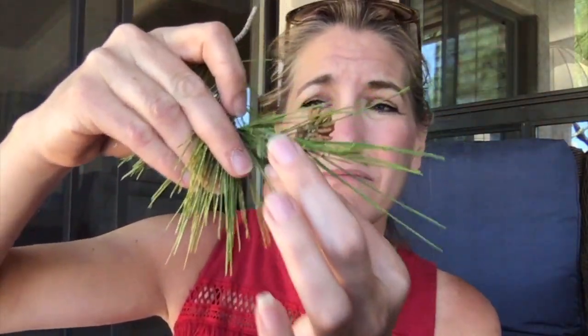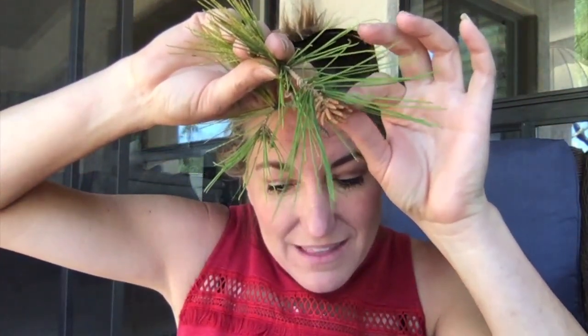And gosh, I wish I had a female cone to show you. But the female cones don't typically grow on the end like the male cone. It'll be a small, actually a pretty small greenish cone growing out of the side of this. And what happens is the pollen that the male cones